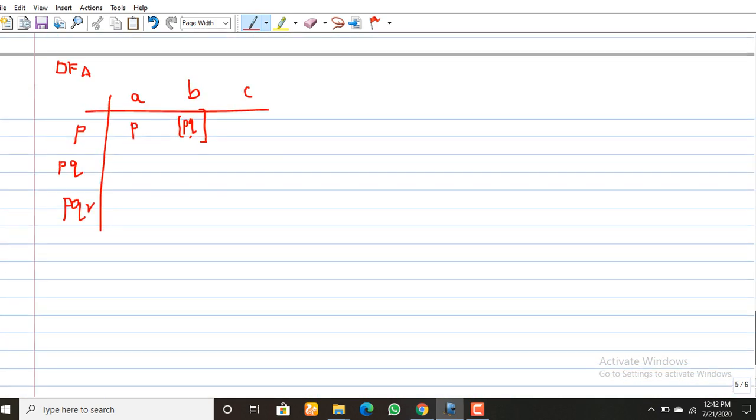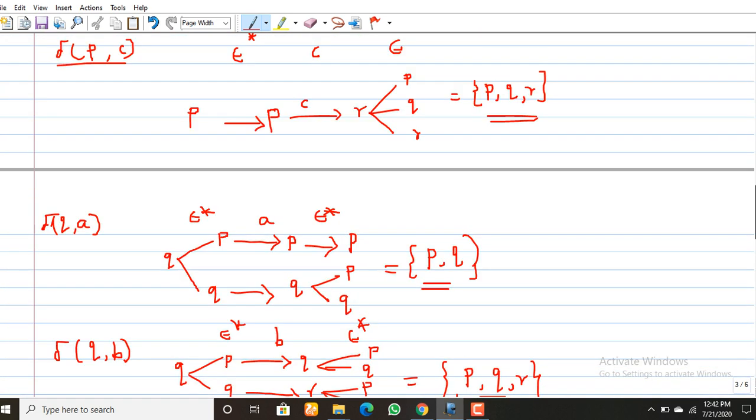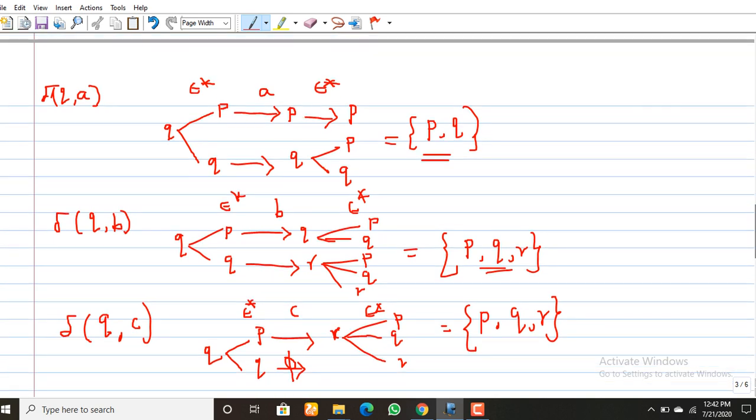Okay, so the transition of P on A goes to P, Q on A goes to PQ. So I have added P comma Q here. The transition of P on B goes to PQ. The transition of Q on B goes to PQR.